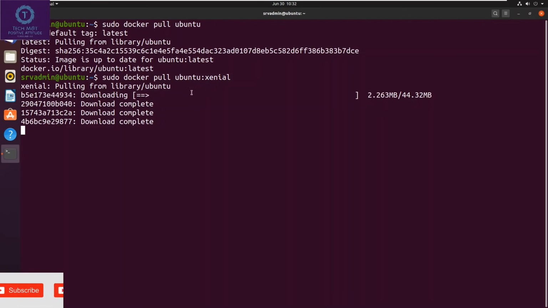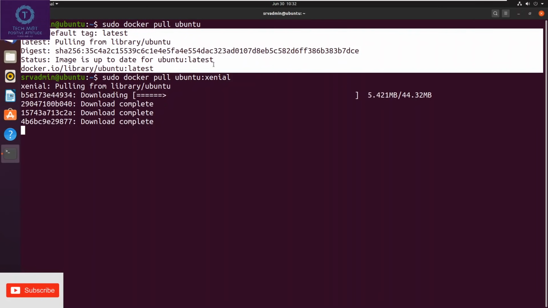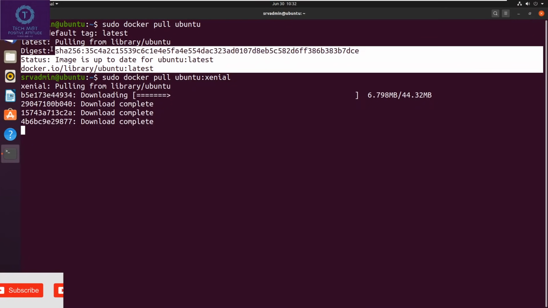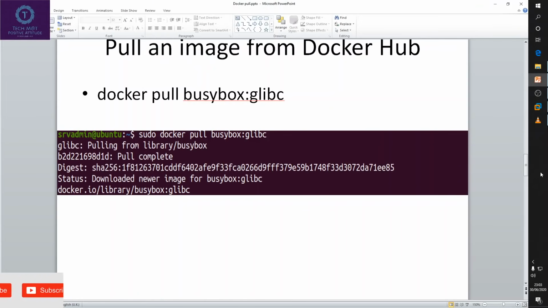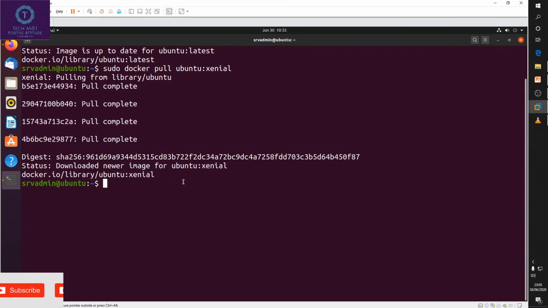As you can see, it is downloading. It was previously downloaded in my system, so it just checks for updates. If there are any updates available, it will update by itself. As you can see, now the image has been downloaded.